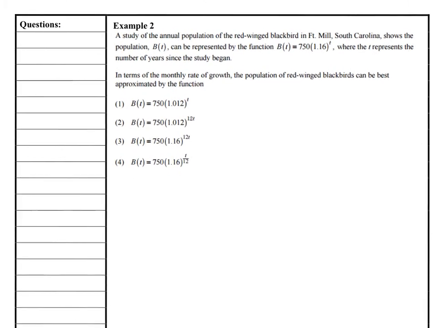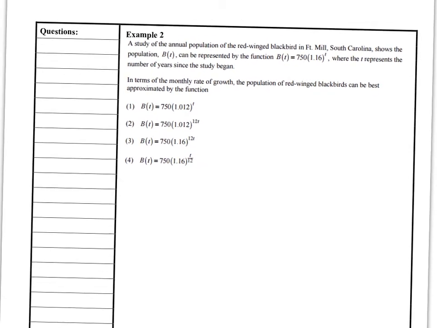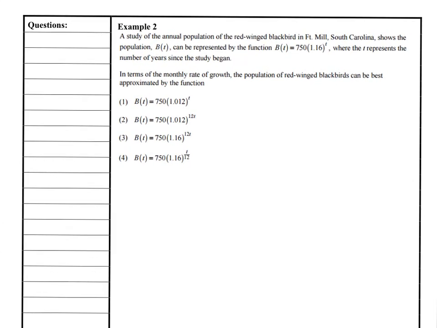So here we go. A study of the annual population of red-winged blackbirds in Fort Mill, South Carolina shows the population can be represented by the function, where t represents the number of years since the study began. In terms of the monthly growth rate, the population of red-winged blackbirds can best be approximated by the function. So here we have to go through and do it both ways, just like we did previously. I'm going to figure out the monthly rate with years and the monthly rate in terms of months. So here we have our function, B of t equals 750 times 1.16